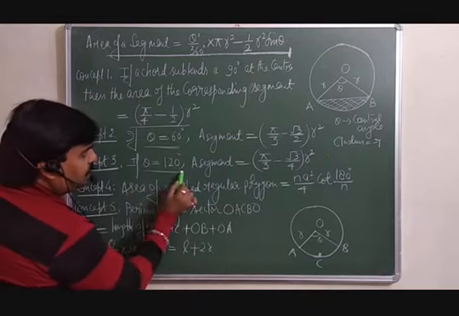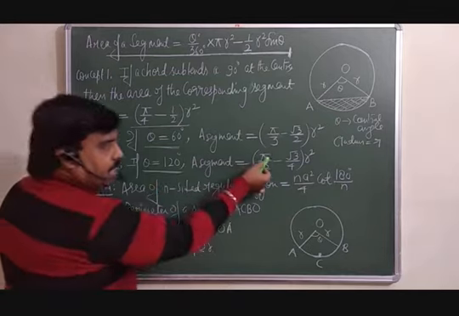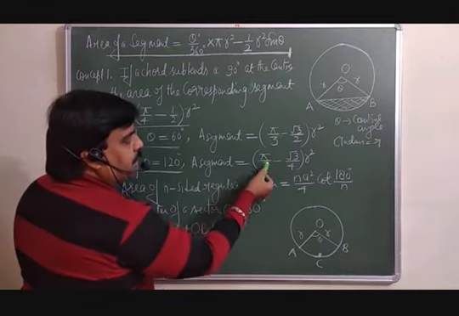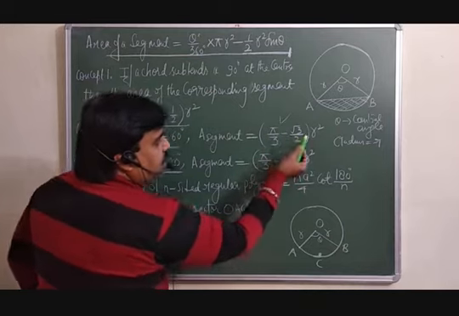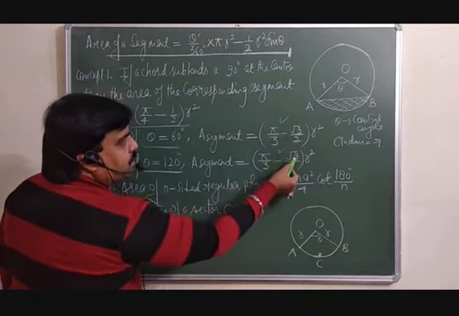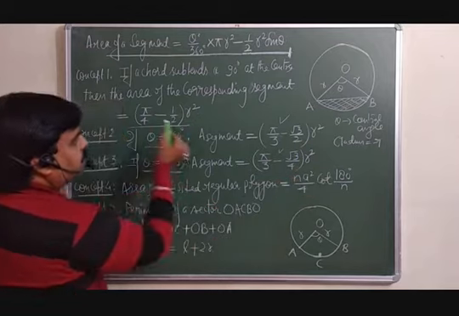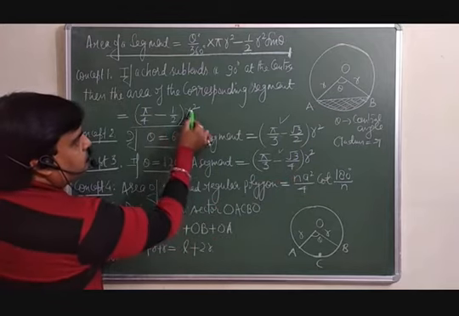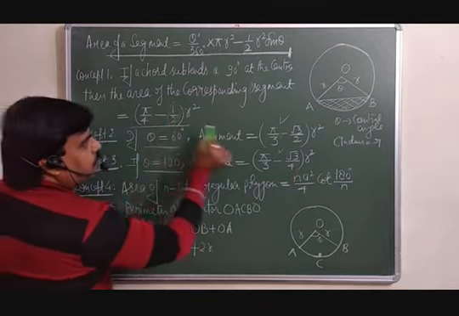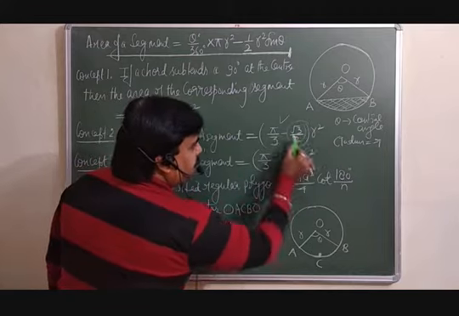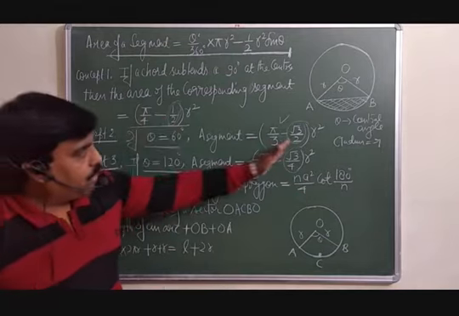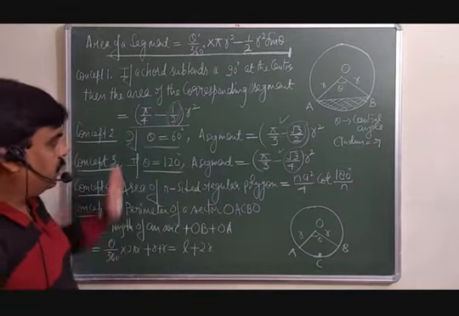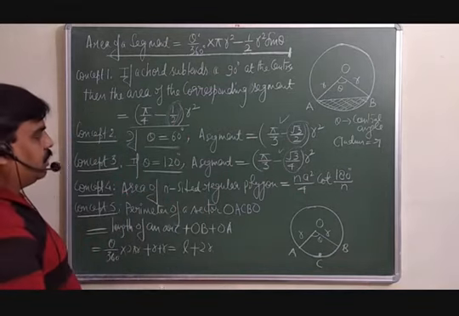If your angle theta is equal to 120 degrees, then also you can directly apply for the area of the segment pi by 3 minus root 3 by 4 into r square. देखिए, compare this with the earlier one: the difference is here it is root 3 by 2 and here it is root 3 by 4. देखिए, pi by 4 is the same, r square is the same, only this term is going to change. अगर हमारा एंगल चेंज हो रहा है तो only this term is going to change, the rest of the things are the same. So it's quite easy to learn this. आराम से you can ऐसे learn कर सकते हैं.